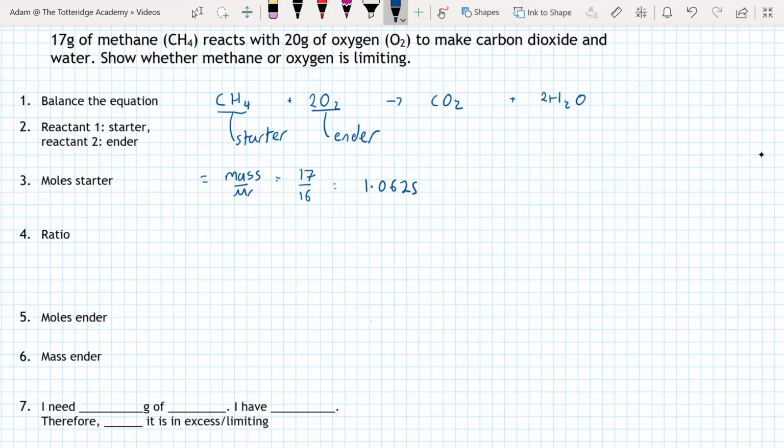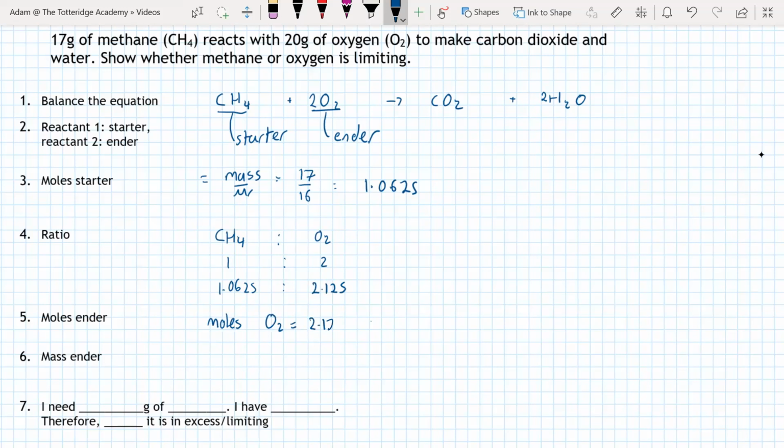So we've got CH4 to O2, which is 1 to 2, which means if I've got 1.0625 here, I need to double that. So I use my trusty calculator. Yes, 2.125. So I know that my moles of O2